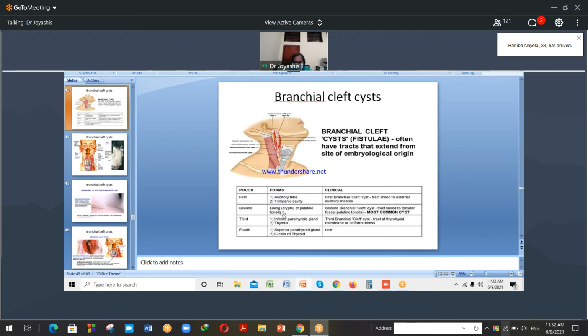আর সেকেন্ড ব্রাঙ্কিয়াল ক্লেফট যদি নর্মালি ইউজ না হয়, সেক্ষেত্রে লাইনিং যদি এটা অ্যাবনর্মাল থেকে যায় তাহলে সেকেন্ড ব্রাঙ্কিয়াল ক্লেফট সিস্ট এটাই মোস্ট কমন, ট্র্যাক্ট লিঙ্ক টু টনসিলার ফোসা অথবা প্যালাটাইন টনসিলস। এই ট্র্যাক্টটা প্যালাটাইন টনসিল পর্যন্ত পারসিস্ট করে যায়। আর যেটা থার্ডে নর্মালি তৈরি হয় পারাথাইরয়েড গ্ল্যান্ড এন্ড থাইমাস, এটা থার্ড ব্রাঙ্কিয়াল ক্লেফট সিস্ট, এটা খুবই আনকমন, ট্র্যাক্ট এট থাইরোহায়োইড মেমব্রেন অর পাইরিফর্ম সাইনাস। আর ফোর্থ সুপিরিয়র প্যারাথাইরয়েড গ্ল্যান্ড, সি সেলস বা প্যারাফলিকুলার সেলস অফ দ্য থাইরয়েড থেকে, এটা খুবই রেয়ার, সাধারণত পাওয়া যায় না।